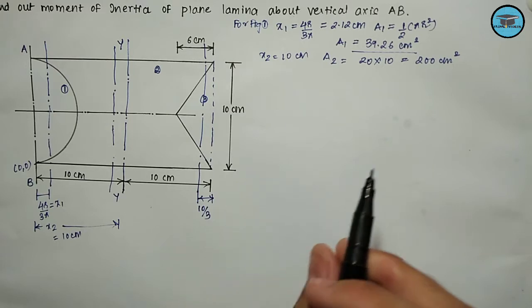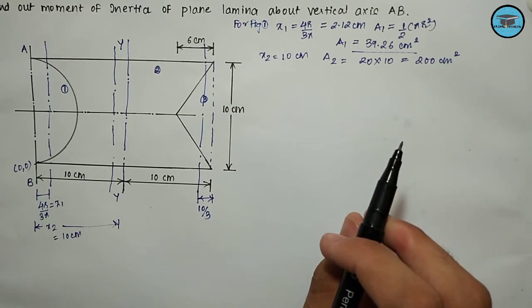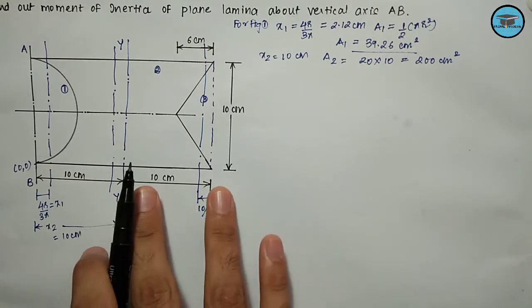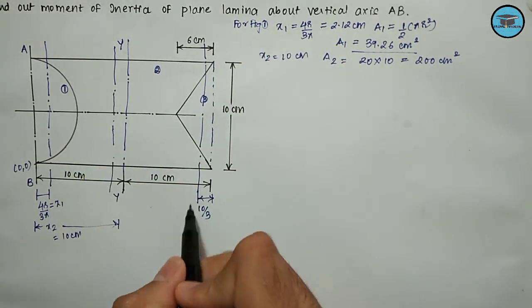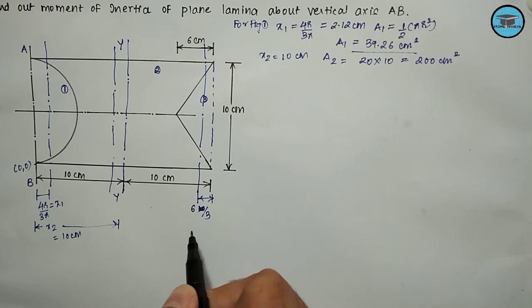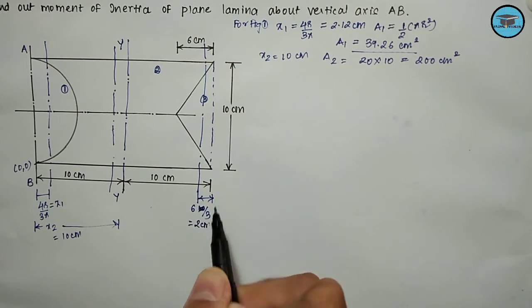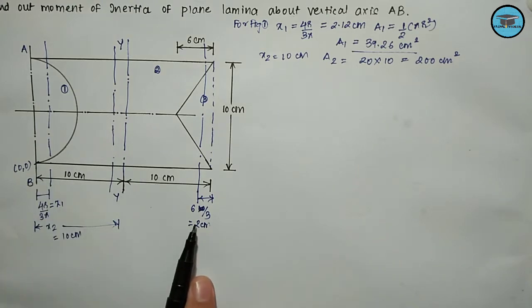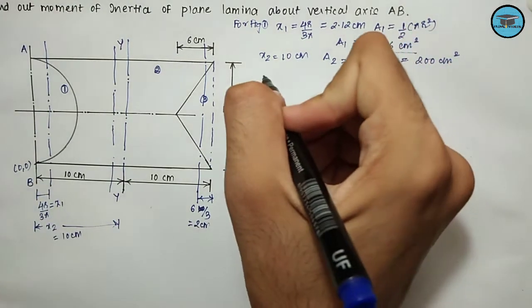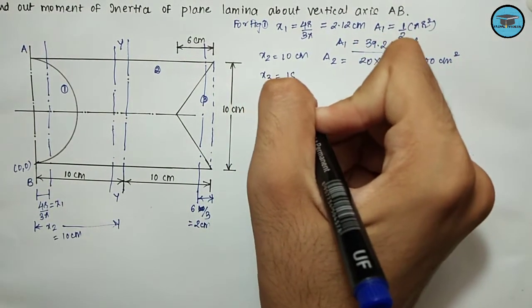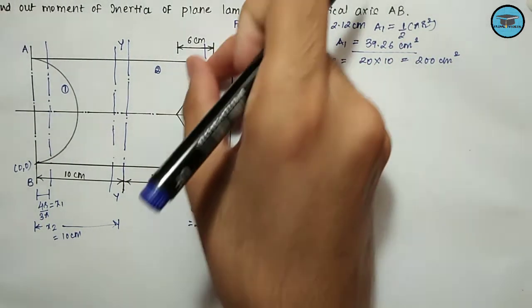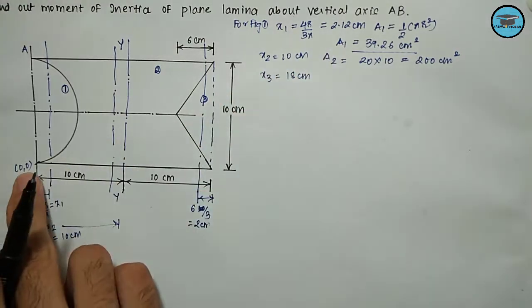Okay, so sorry, this is not 10 centimeter but this is 6 centimeter, so it will be lying at a distance of 6 by 3 centimeters, so it is nothing but 2 centimeter from this end. So from this end it will be lying at a distance of 20 minus 2, that is 18 centimeter. So the x3 will be given as 18 centimeter, that is the location of this axis which is passing through the centroid of this triangular region from the origin.